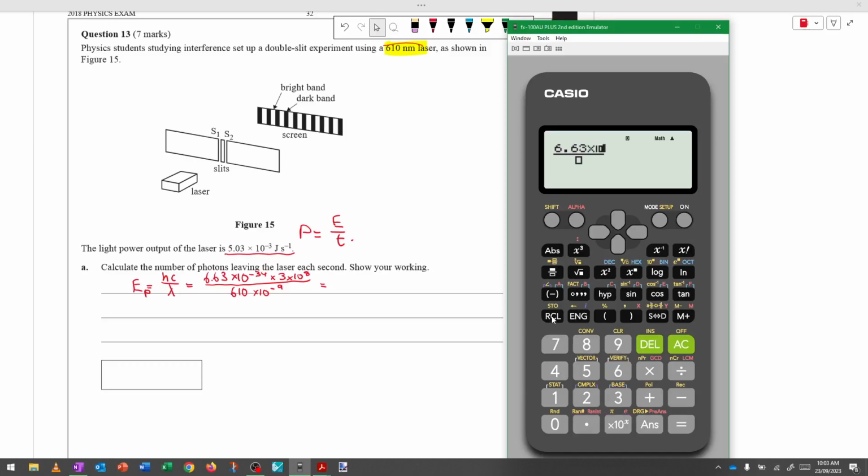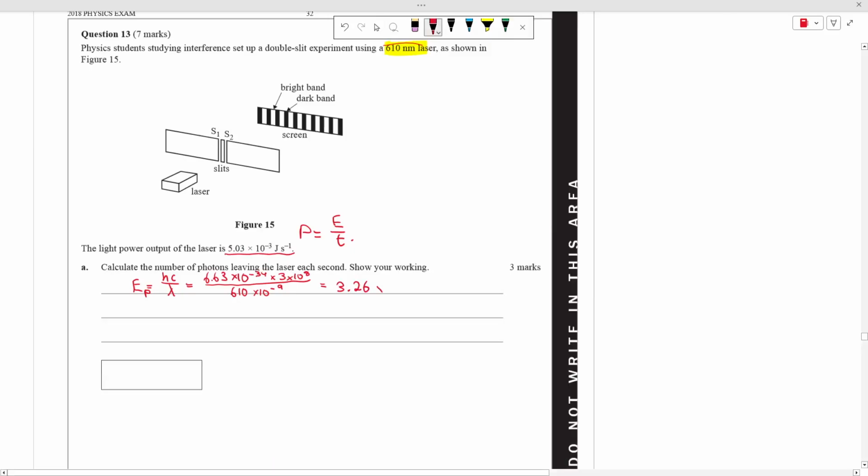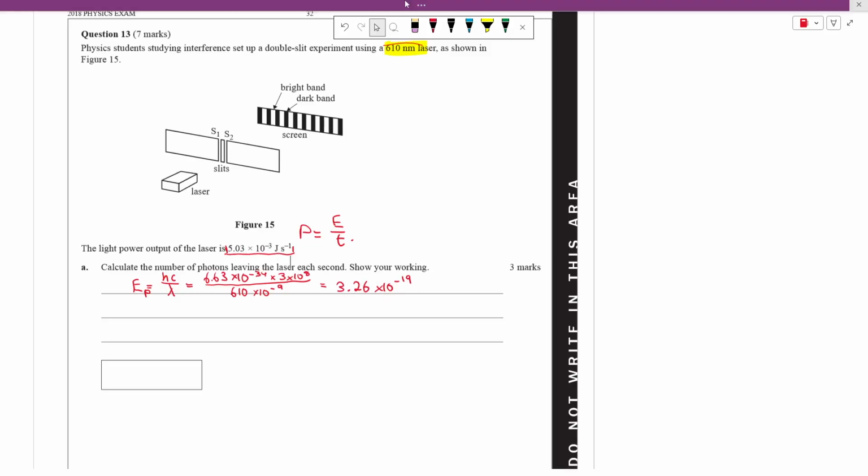6.63 times 10 to the negative 34 times 3 times 10 to the 8 over 610 times 10 to the negative 9. That looks alright. 3.26 times 10 to the negative 19. So that's the energy of a single photon. It's telling us this much energy is coming out of the laser every second. So we just divide this number by this number, and we get